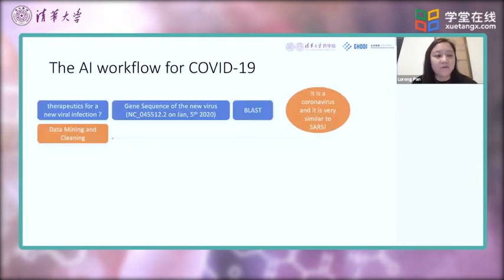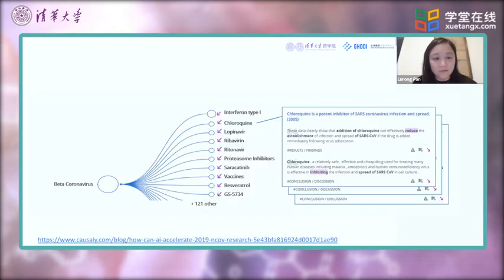So then we have our objectives of what data to mine. We first need to find all the coronavirus-related data to dig for potential therapeutics for this novel virus. First, there is this company called Cosali. When the outbreak just happened in China in January, this company, located in the UK and with some collaboration with Gilead, was requested for data, and they very generously gave us a set of data on the coronavirus search.